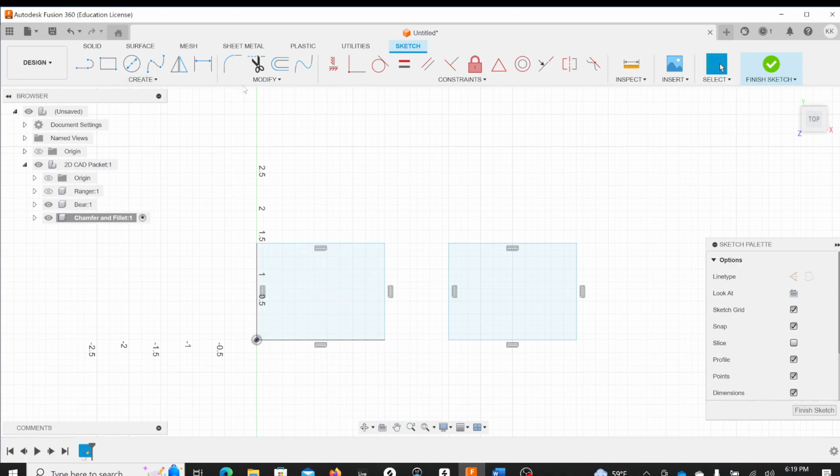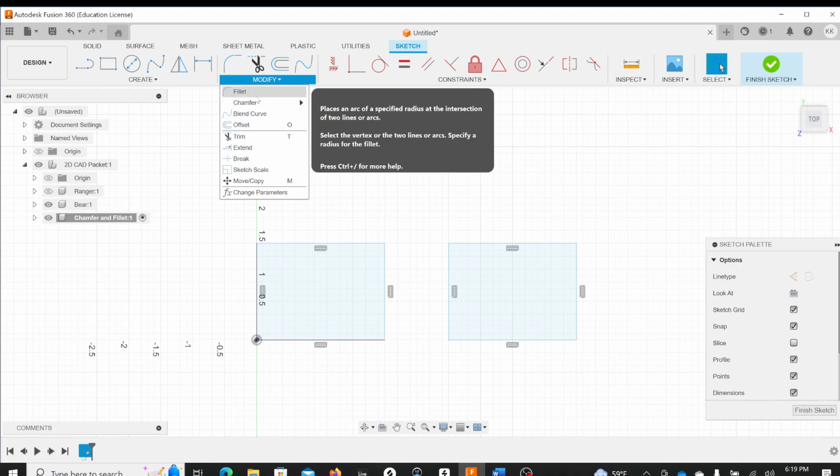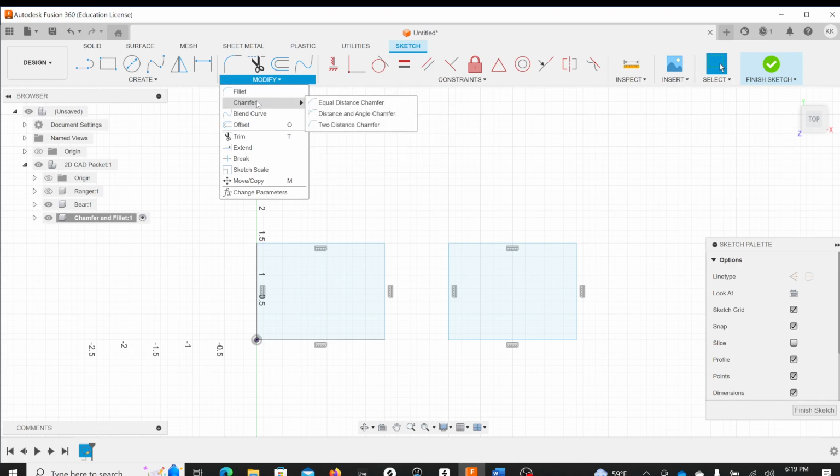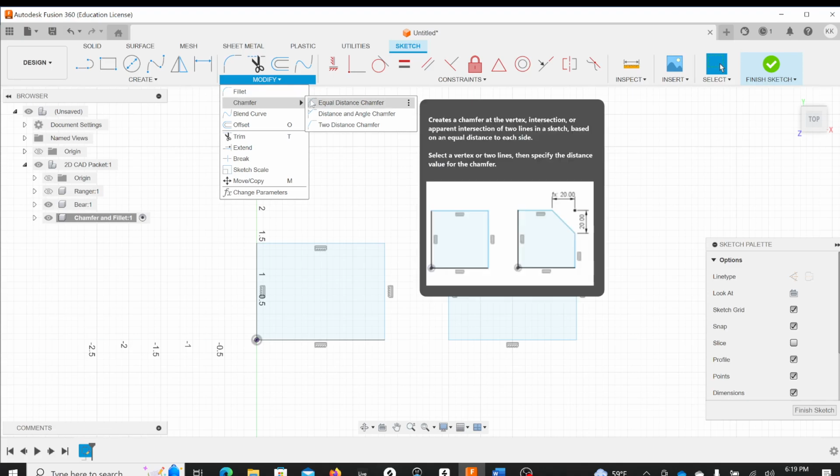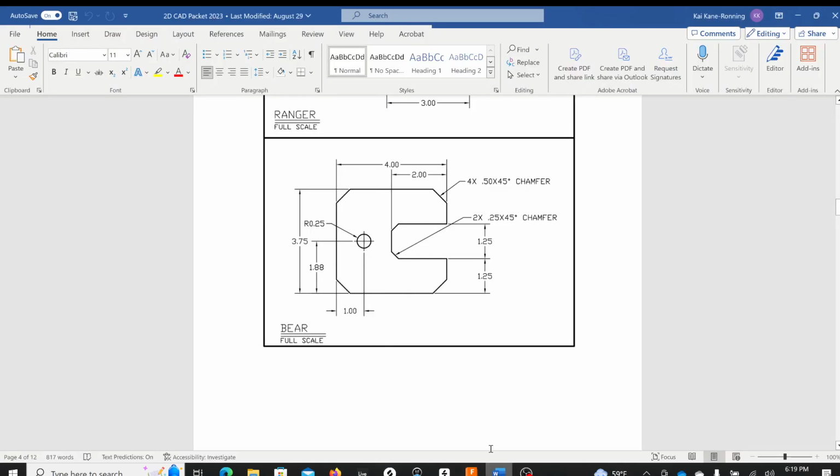Under my modify menu, I can see chamfer. Now we have a couple different options under here, and these options are useful in different scenarios. Pretty much all of the chamfers we're going to be doing right now are equal distance chamfers. If I look at my drawing here, for instance, it says 4 times 0.5 at 45. So when I go to do my chamfer, I'm going to select equal distance, and I'm just going to enter